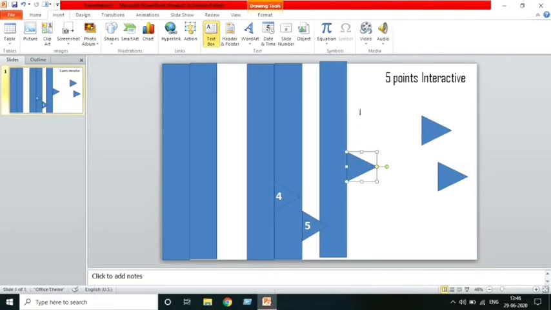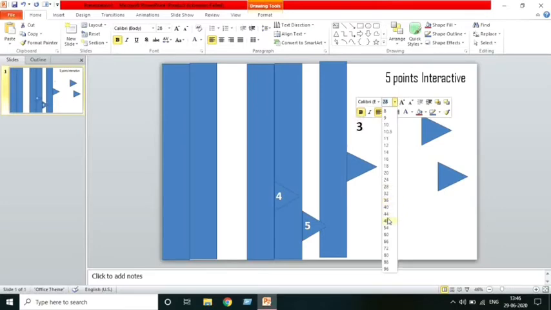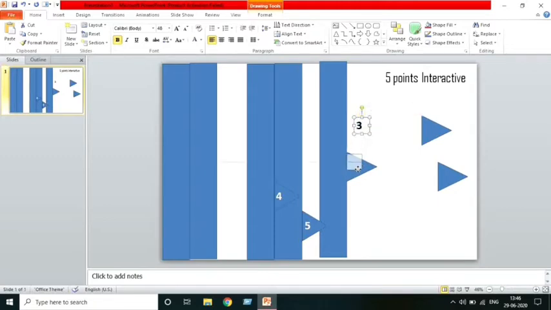This will be my third point, so 3. Again make it bold, make it 48 and place it over here. Done. Again do the background white, theme color of that will be white. Again group this together, simply hit the shift key, select this and Ctrl G.